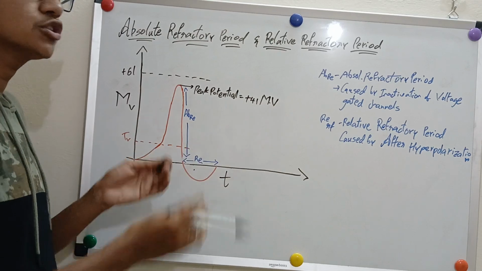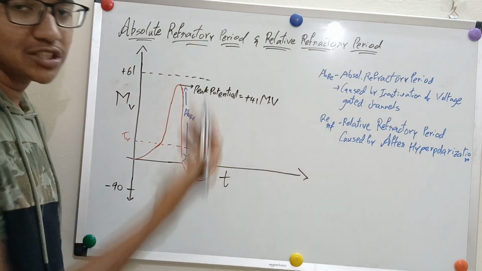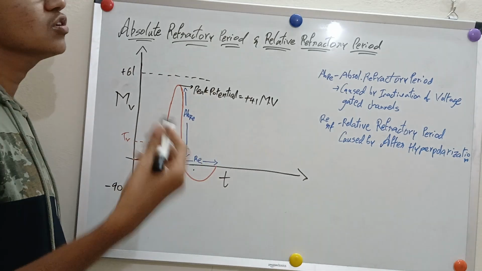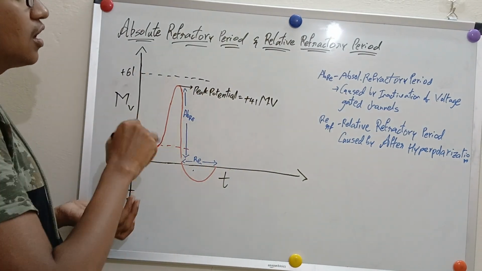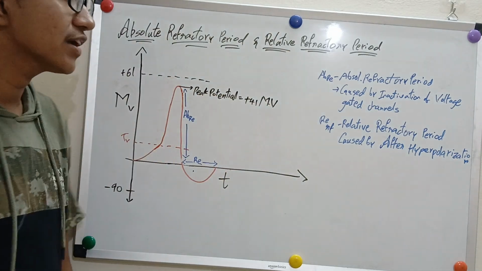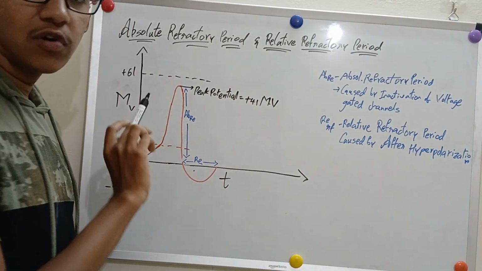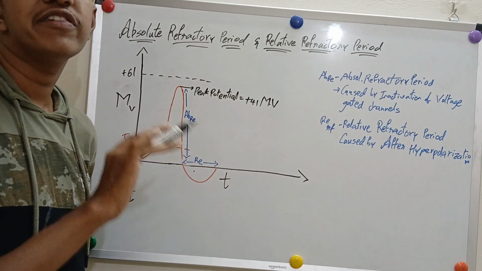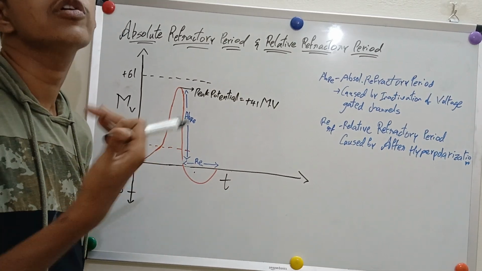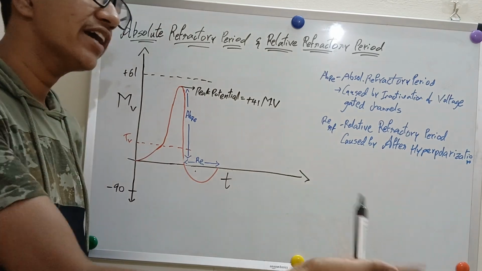So no matter how strong a stimulus you give, there is no depolarization, no change in the membrane potential. If there is no depolarization, obviously there is no firing of an action potential. So we call this phase the absolute refractory period. When the cell reaches resting membrane potential, all the voltage gated sodium ion channels will be in the deactivated state again, so they are again open to a stimulus. They will receive a stimulus, cause depolarization, and can fire an action potential.